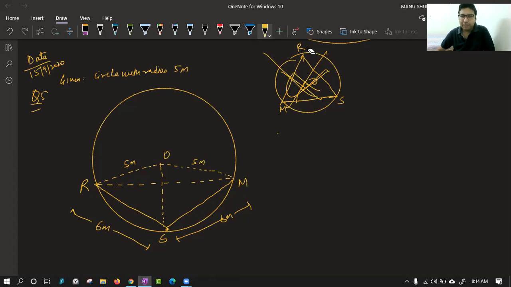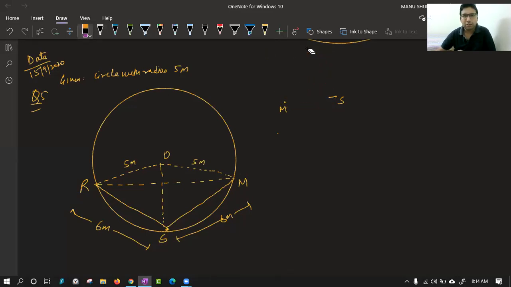Can you say this ORSM is a kite? Class, can we say this ORSM is a kite? Yes, because we have just studied in a kite we have two pairs of adjacent sides equal. So if you observe, OR and OM are equal and RS and SM are equal. Yes class, we can say